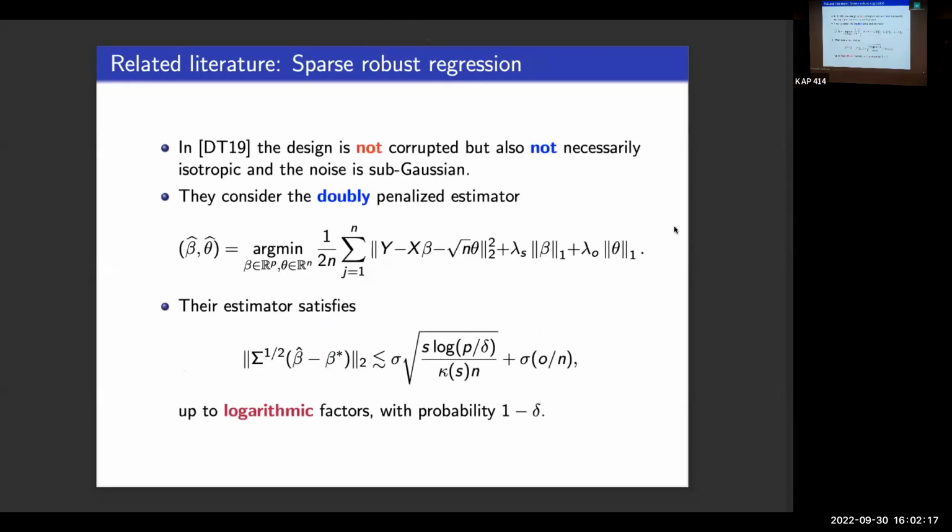And actually there was recently a very nice paper by Dalalyan and Thompson that, when we first talked about it with Stai, was quite surprising. They considered the same problem where you have adversarial contamination and a sparse signal. What they decided to do is penalize both beta and theta, because we know that beta is sparse, theta is sparse, so let's just penalize both and solve this simple linear regression optimization problem. So this is a doubly penalized estimator. It's very natural to do this: we're just solving a linear regression problem and penalizing both parameters.